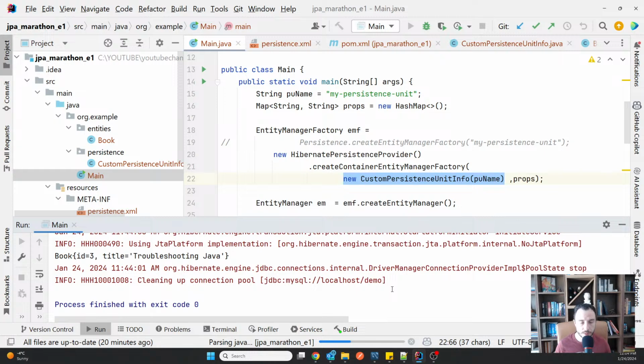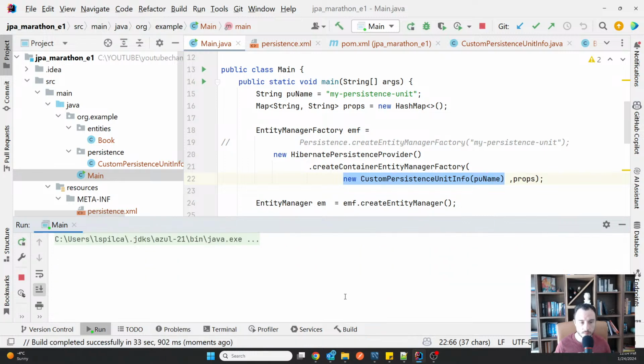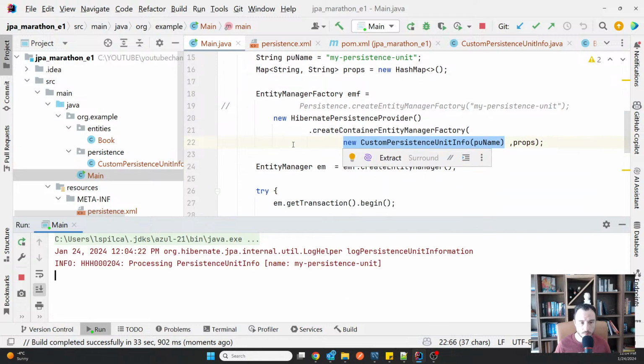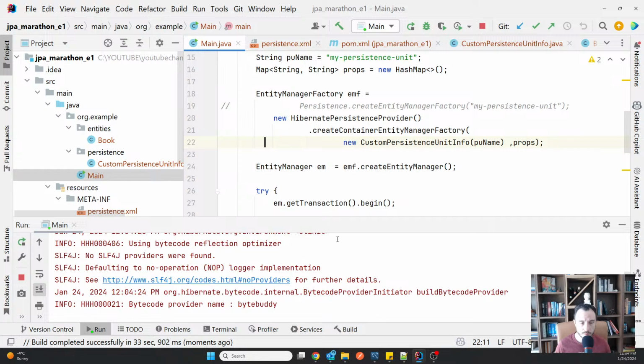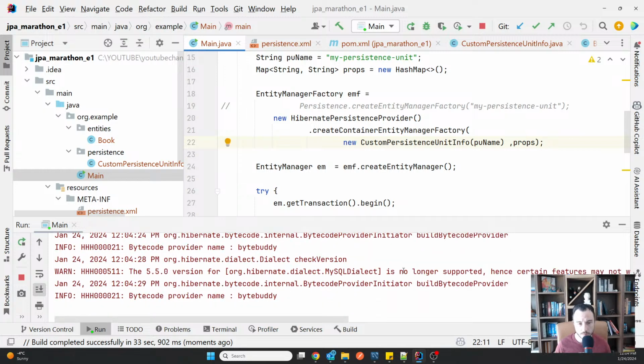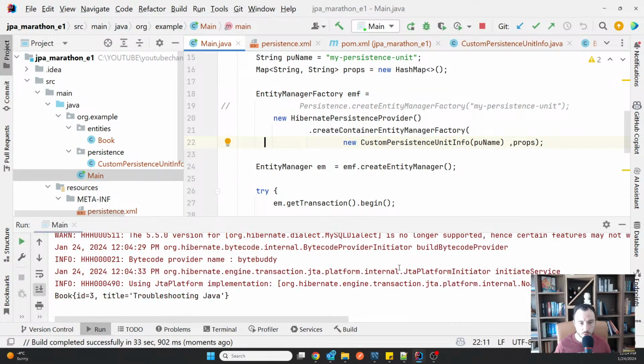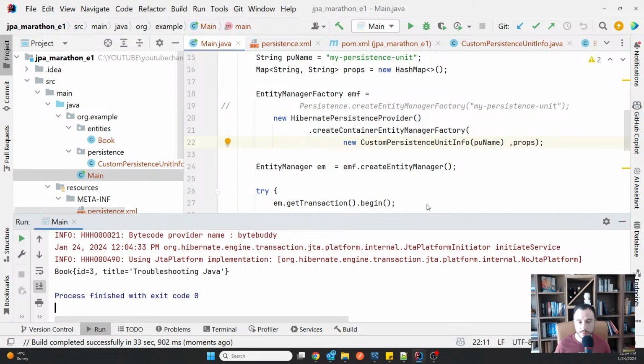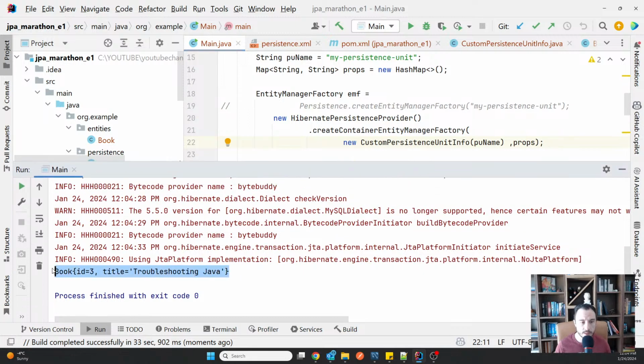Okay, we let it compile, and it should be right there soon. I see it already starts initializing everything. As you can see, the result is the same. So we ended up with the book.